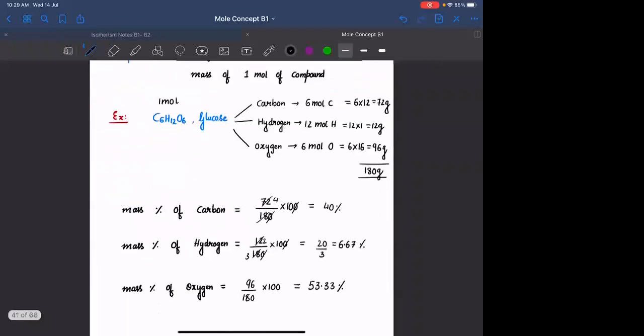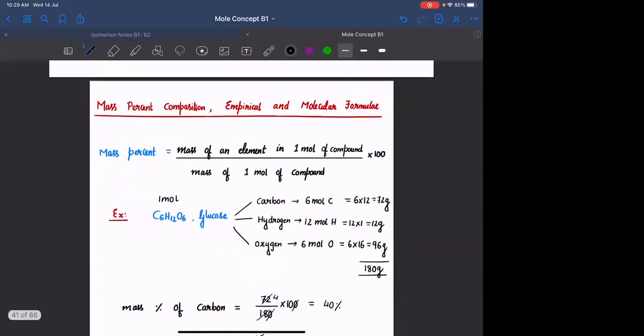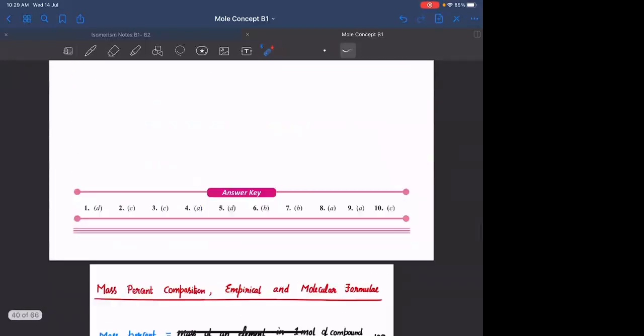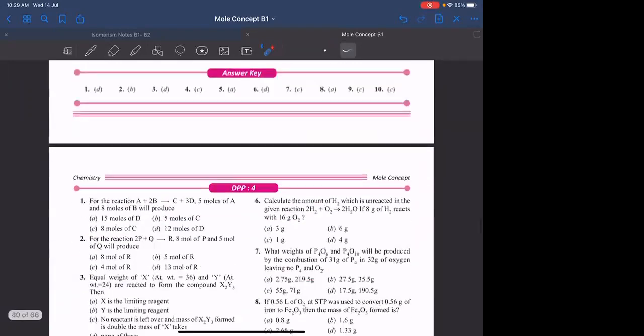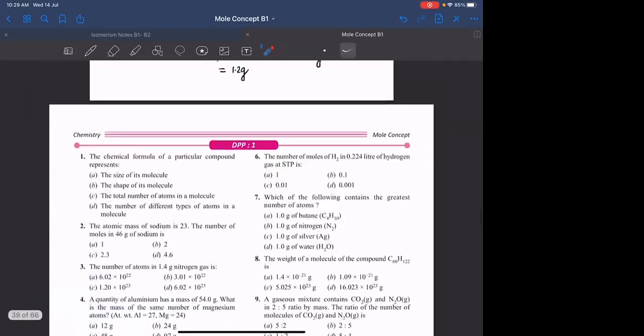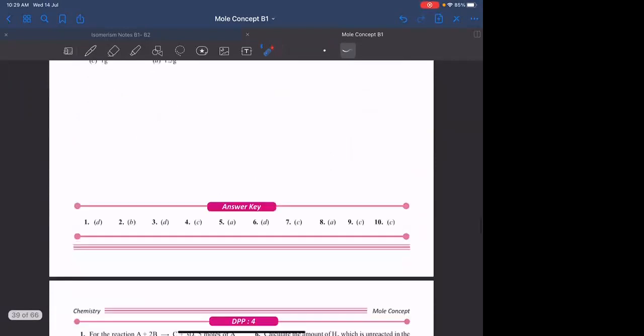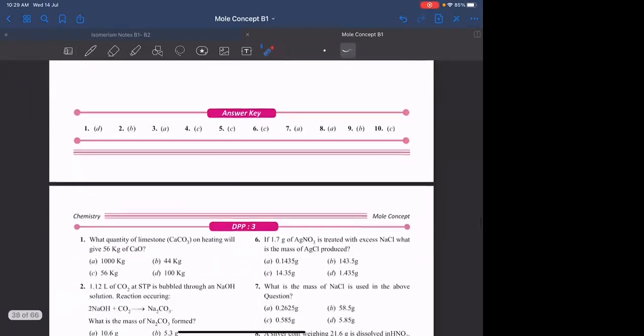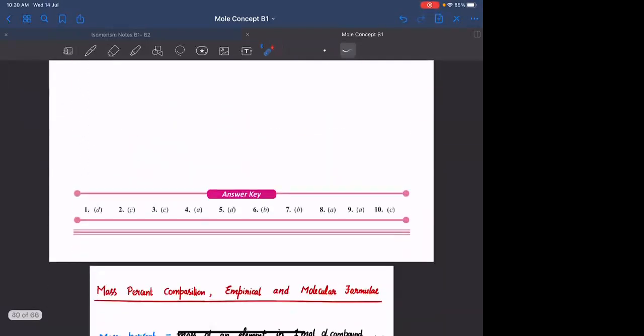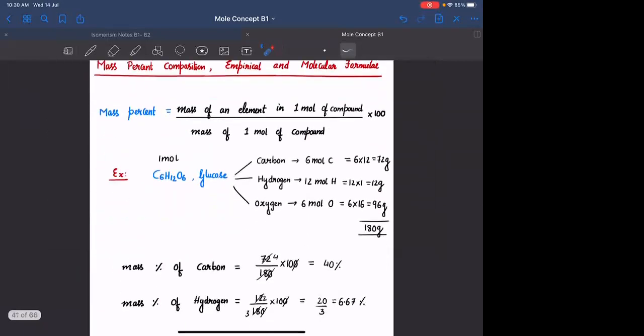With the help of mass percentage and all, we will try to see in tomorrow's lecture how to calculate the empirical formula and molecular formula. We will understand what is meant by empirical formula first of all, and we will see how to calculate empirical formula and molecular formula. Everyone, today's homework, please attempt all the questions of these DPPs. DPP 1, 3 और 4 दिया है. DPP 2 में we have questions in empirical formula, so बाद में देता हूँ. Okay?